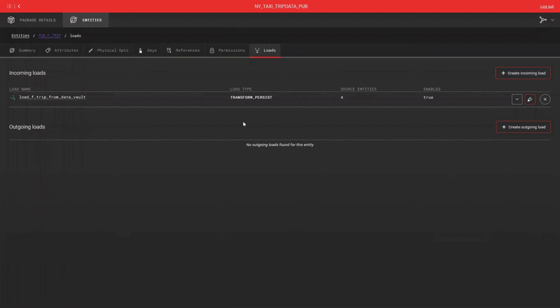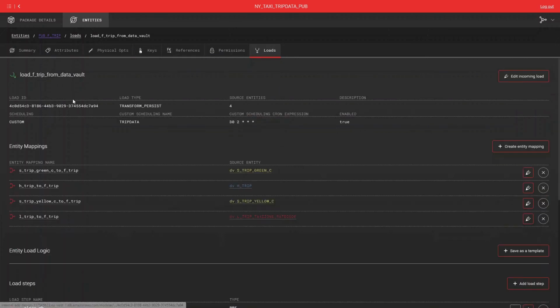Now let's look at how to implement custom load logics. So when we were creating the hub and the satellite, we used the automatically created load logics that were just created based on our mappings. But often there is the case that you need to actually do some custom work, especially with business vault or publish entities. So looking at this fact table we have here, if we go to the load,